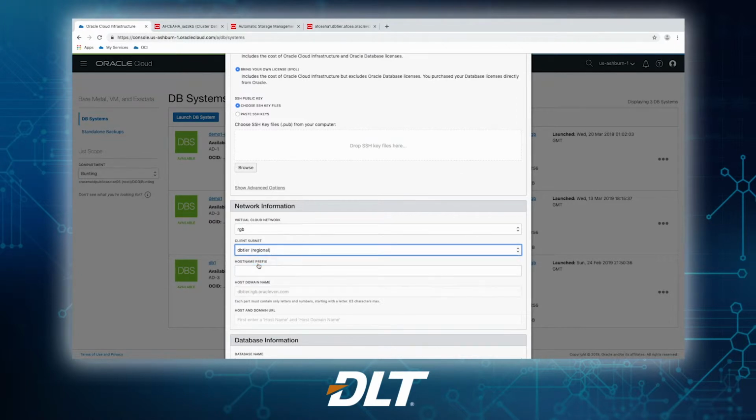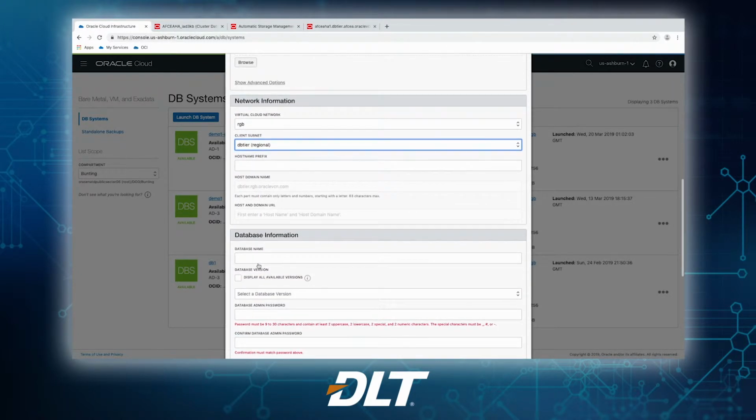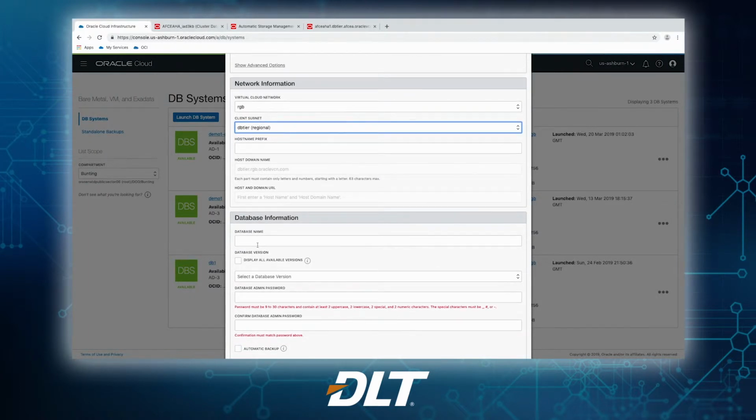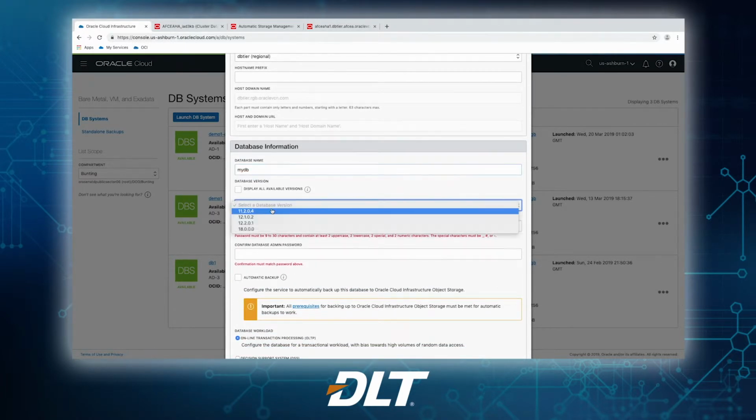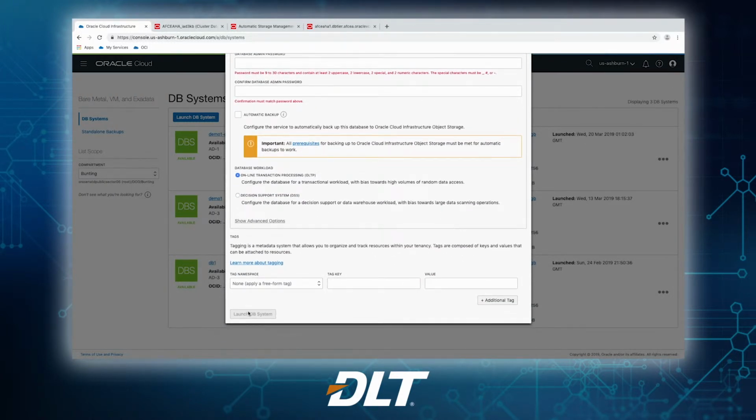So we're going to put this on a data tier. We talk a little bit more about that in the cloud infrastructure brief about the networking and security around that. We give the database a name, and we select a database version. So you can see 11.2.0.4 all the way up to 18c. The latest innovations for Oracle Database are released cloud first. And we provide a strong password. Do we want to enable automatic backup? And then once we fill in all the things, we hit Launch Database,